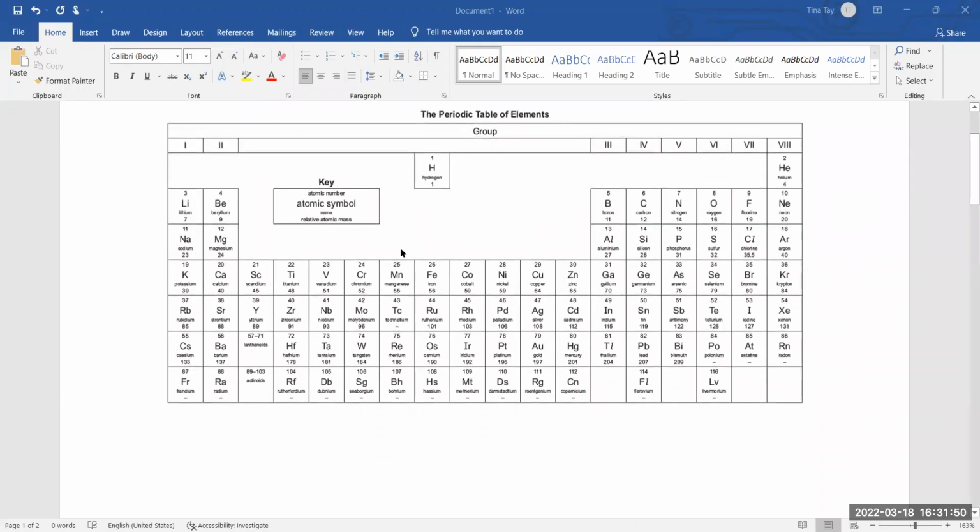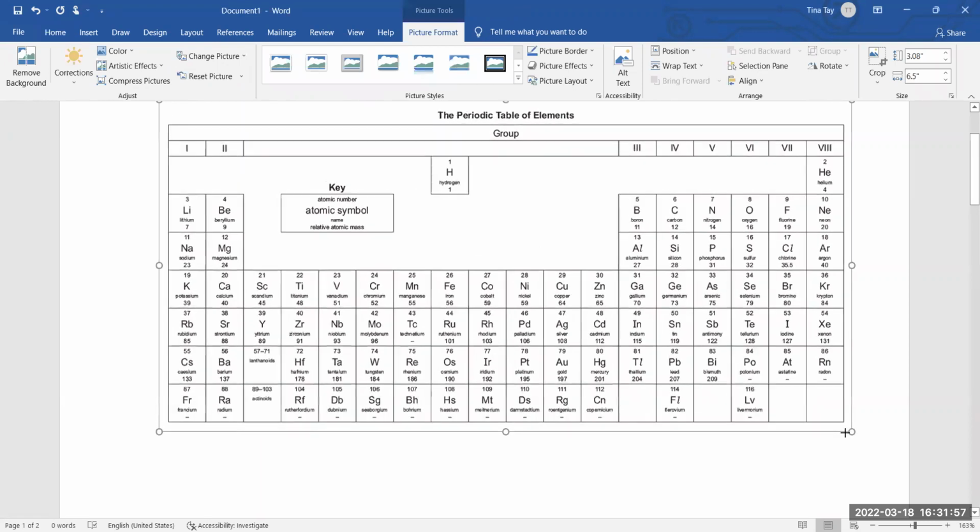So we're going to talk about why a certain element is in this group and what the properties in this group are. Okay, now,